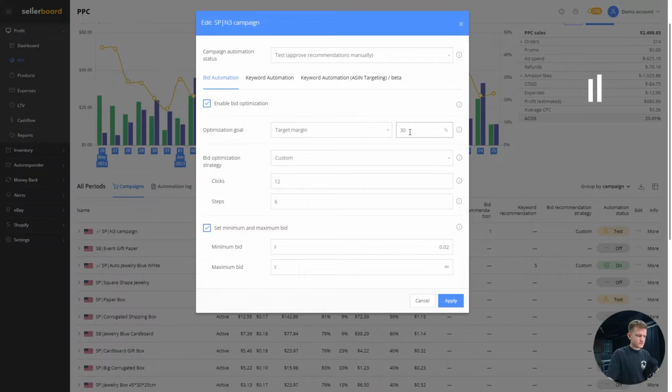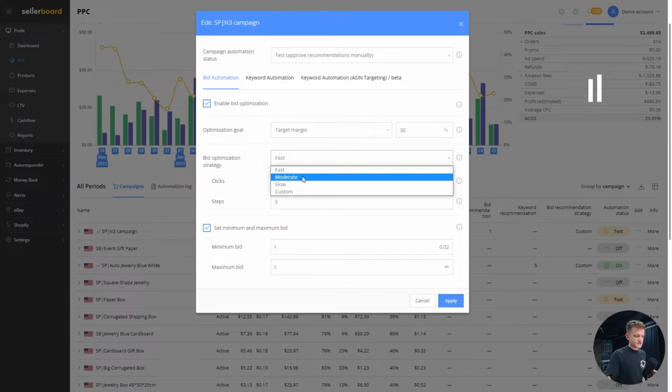Then you will enter the value right here. And what Sellerboard will do is change or recommend the bid changes in a way that you will eventually reach this profit margin. And this will also be done taking into account your bid optimization strategy right here, which can be either fast, as discussed previously, moderate, or slow.